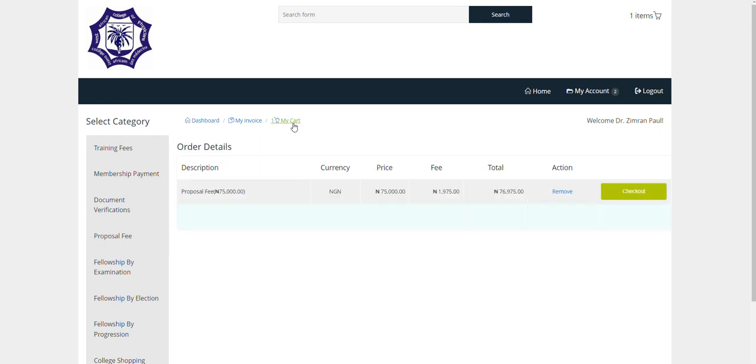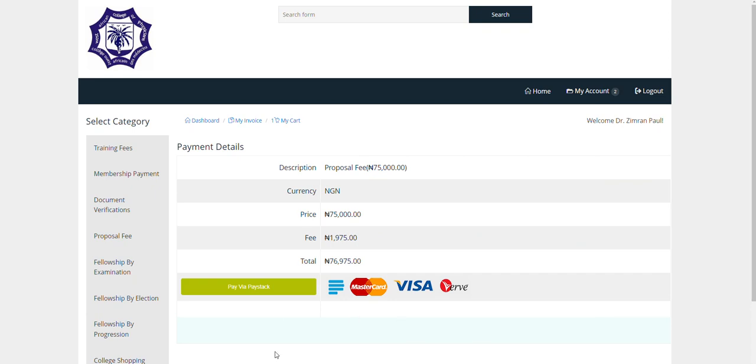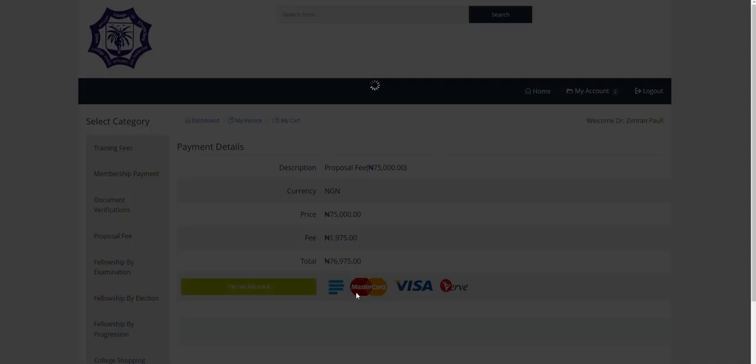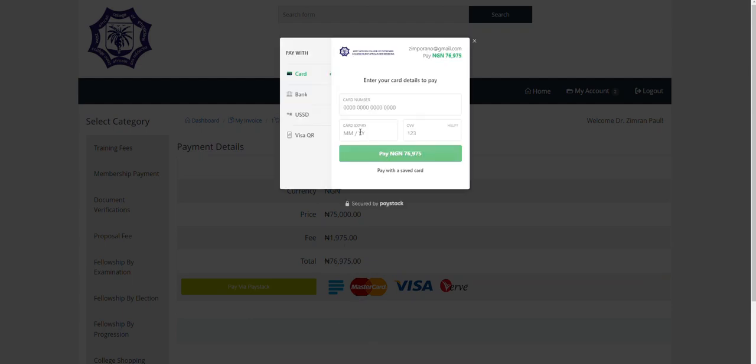So my cart gives you your summary, that's detail of your payment. So you click on checkout. Checkout, now you click pay via Paystack. So pay via Paystack gives you this interface where you put your card details, you put the numbers and click